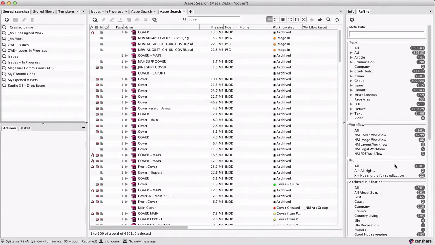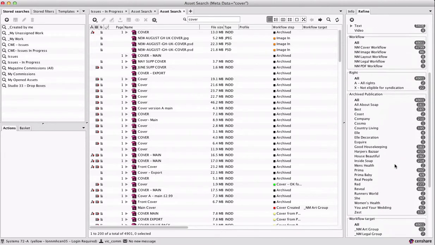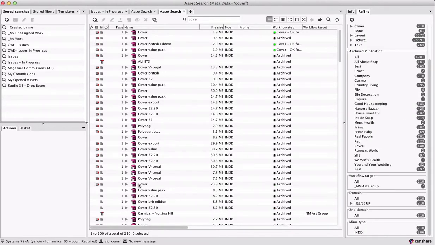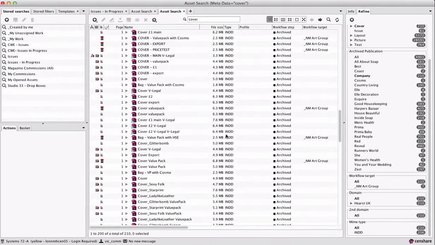But as you can see here, if I scroll further down into the refine panel on the right hand side, there's a section which says archive publications, and it tells you the total number of covers against each of these issues here, which this particular person has access to. I want to look for company covers. So again, if I click on company, it's 210 results. This will bring back those results for me. So I typed in cover, I refined by cover, and then I refined by company. This has brought back this big long list of covers,